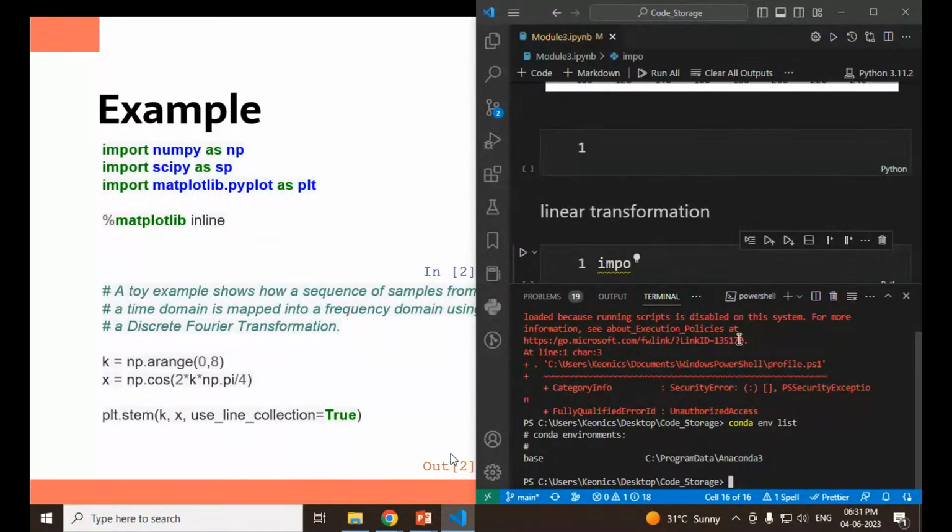Make that as 2 times. That was 4. The 0.85 divided by 4, make it divided by